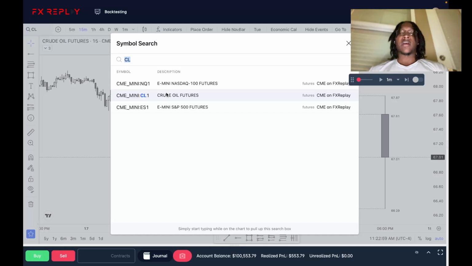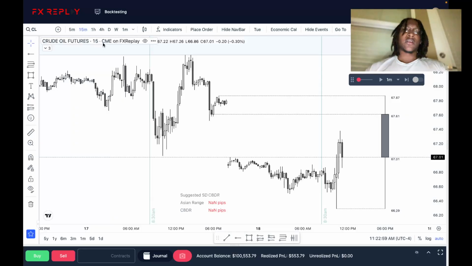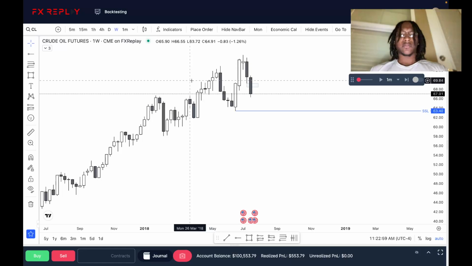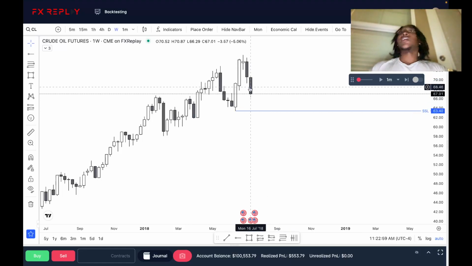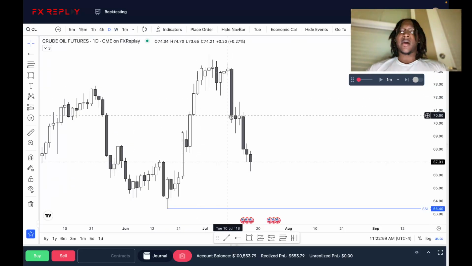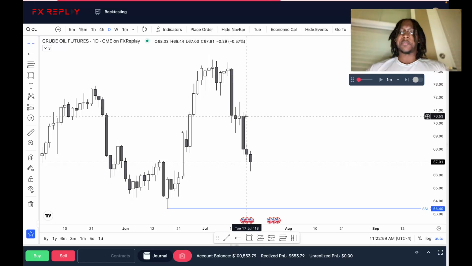I'm not 100% sure what pair I said I was going to focus on for this particular session, but continuing the next day model, because it makes a lot of sense for me at least. I like the fact that I'm waiting for the higher time frame to tell me what the next day is likely to do based on the candle closure and how we react at a particular level. It allows me to stay calm, stay in the moment, stay present, and be able to put some size on a particular trade.